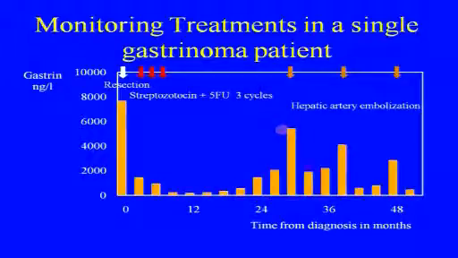And then after that we changed and decided to use hepatic artery embolization. And this patient has had several other treatments since then, so we can monitor what the response of that tumour is in that patient with different sorts of interventions looking at the gastrin. And I would suggest when we have a different marker, often gastrin for gastrinoma, serotonin for the midgut carcinoids, or we prefer to use the tachykinin, neurokinin A, then they are more sensitive often than chromogranin A itself.